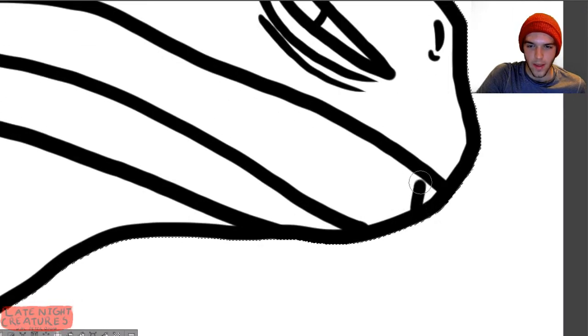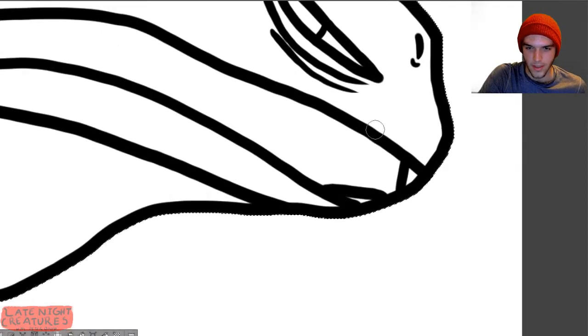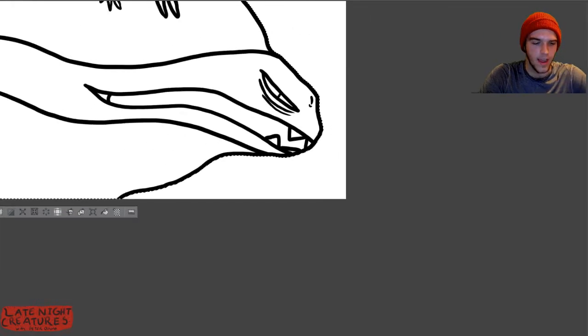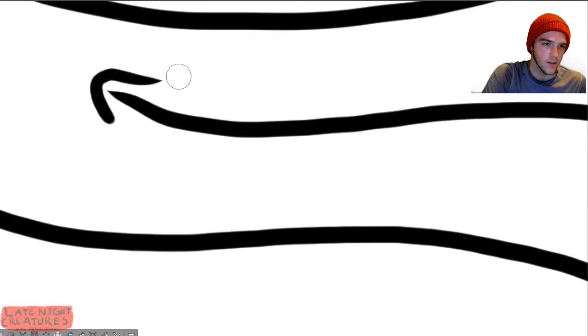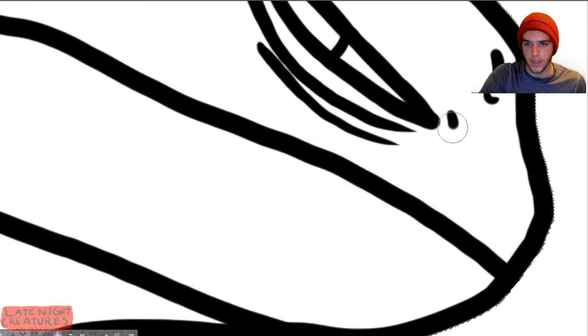So that means I gotta make these... Oh no, this was a bad decision to connect the mouth all the way to there, because now this is not gonna look right using the outline. But that's okay. You know what? That's alright. I'm gonna actually do something different. Not very different. I'm just gonna make that mouth closed, so I don't have to worry about the ins and outs and perspective of drawing those teeth with our current